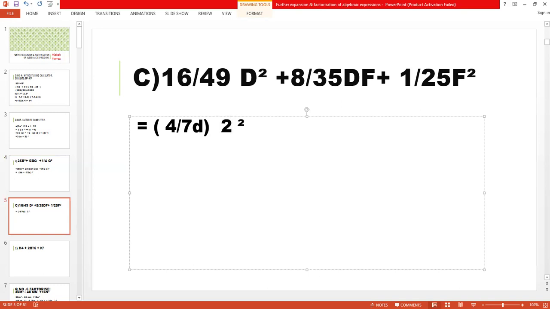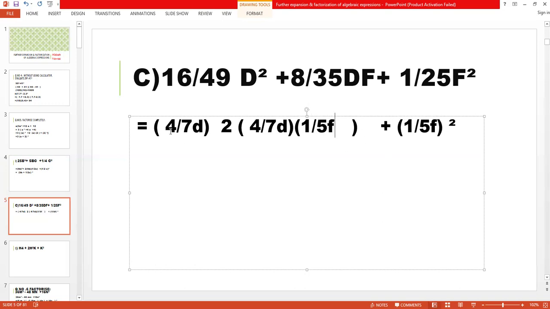Now formula का आप 2 लगाएंगे और इधर again you have to write the first term, that is 4/7 d. You have to close it. Now we come to the second. Just you have to wait for the second term because you don't know it. Then you have to put plus और फिर आपने ये लगाना है. ये देखो 1 into 1 1 और 5 5s are 25 और f इसका होल स्क्वायर है. और सेकंड टर्म क्या है? 1/5. देखें 1 into 1 1, 5 5s are 25 और f into f, f स्क्वायर. तो यहाँ आपके पास आ जाएगी सेकंड टर्म, that is 1/5 f.